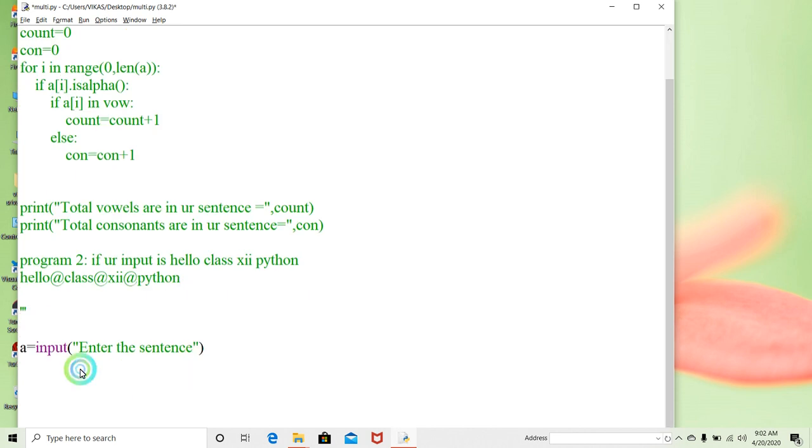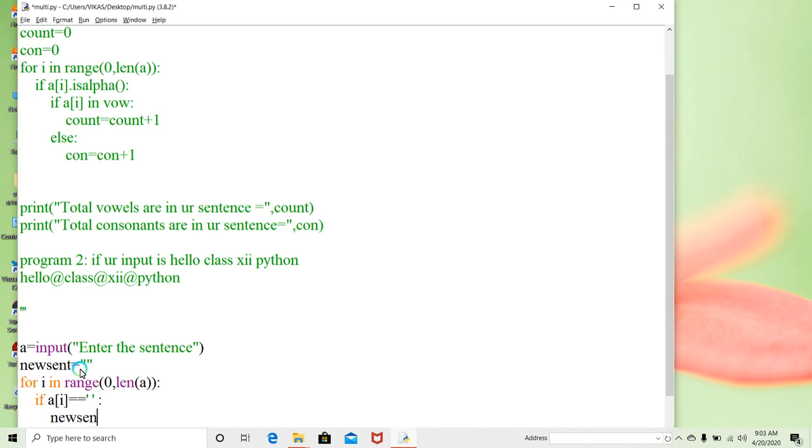So what will I do? I will take a new sentence variable, and I will run for i in range starting from 0 to the length of a. Here I will check if a of i is equal to space, then what do we have to do?